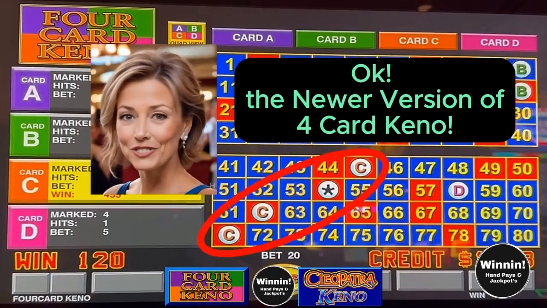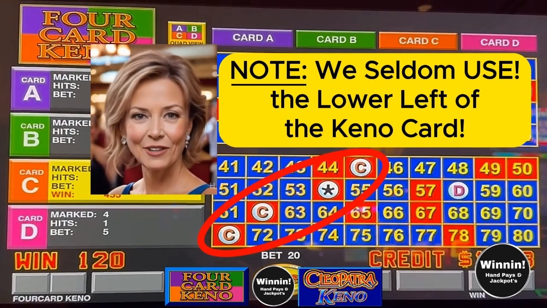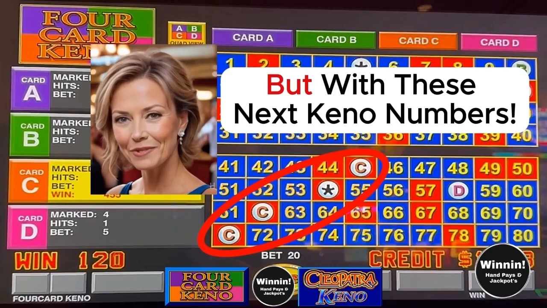Okay, the newer version of 4-card Keno. Note, we seldom use the lower left of the Keno card, but with these next Keno numbers, you can be